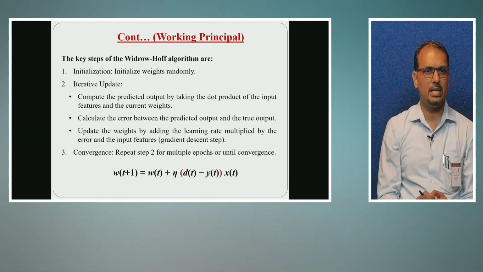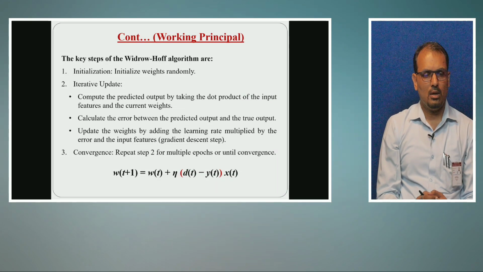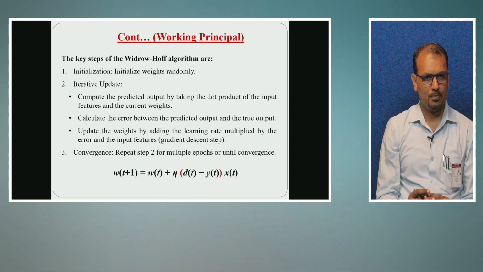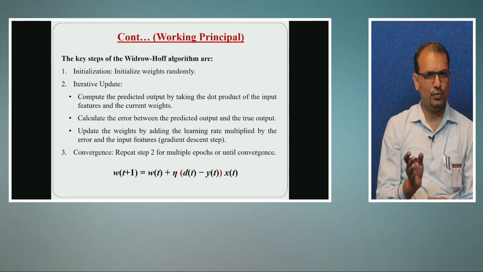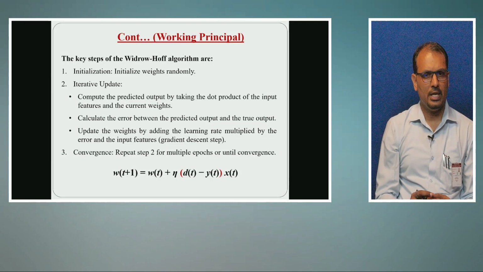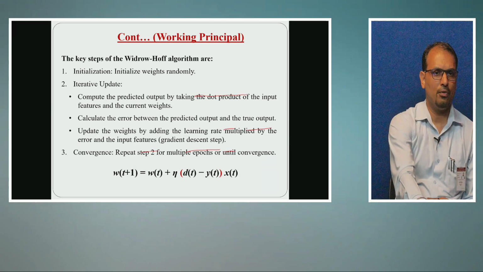The first step is initialization of the weights. Initially, our human brain as well as the artificial brain is going to assume random values. Once we initialize the values, we go with the iterative update process. There are three to four steps inside that. What are those? The first one, if you see on the board,